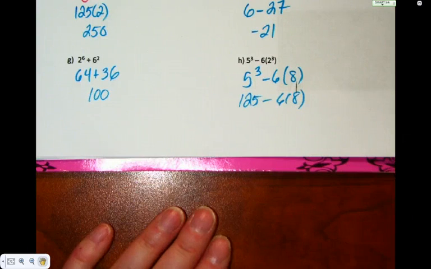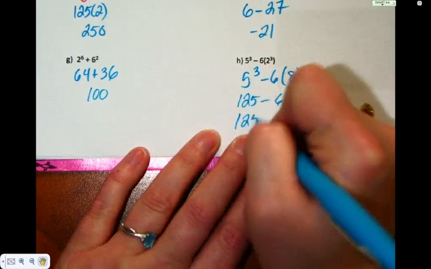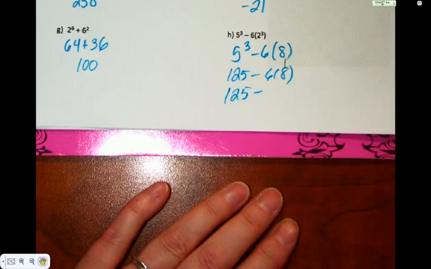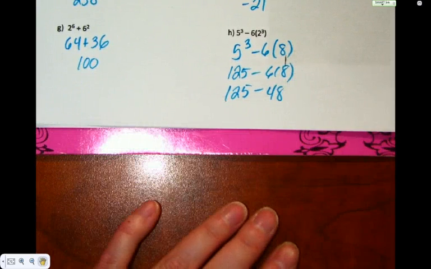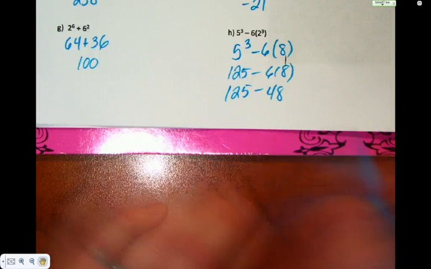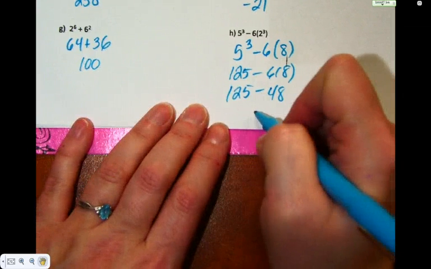Third step, multiplication. And the last step, subtraction, which gives us,